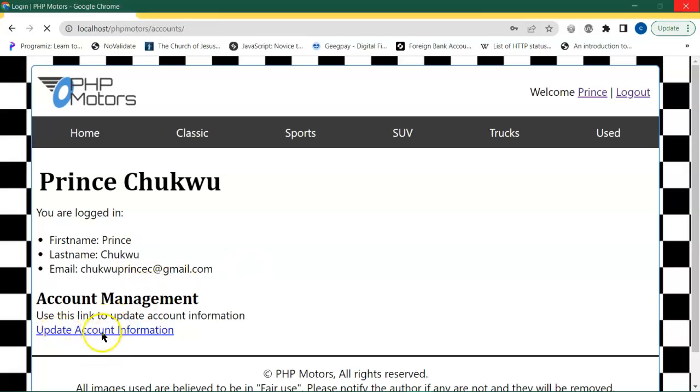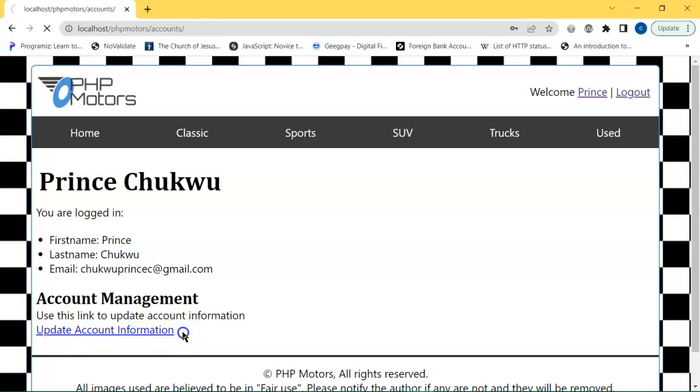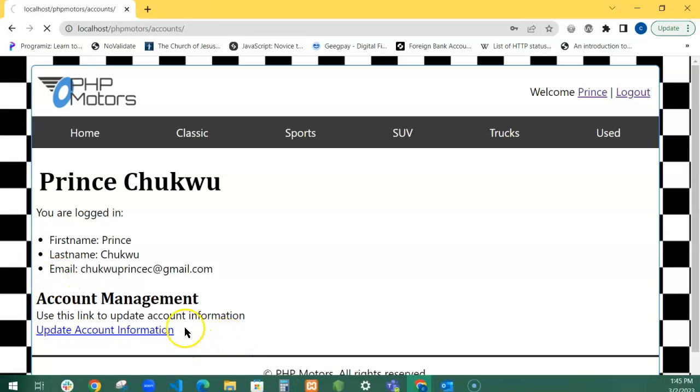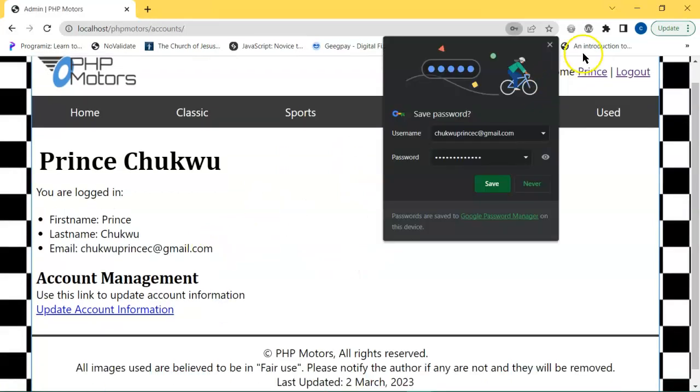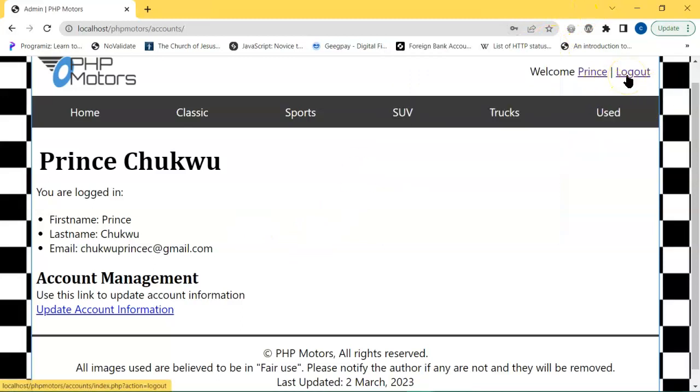As you can see, the update account information is here showing, but the vehicle management link is not showing because the current account has a client level less than 2 rather. So I'm going to log out with this account,